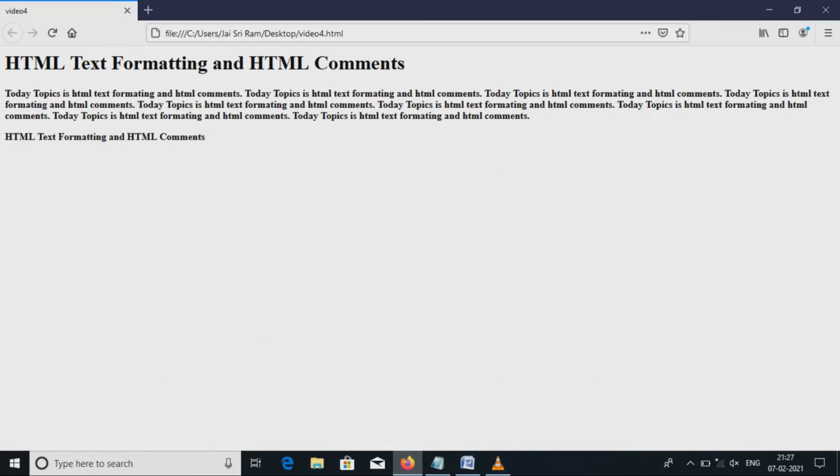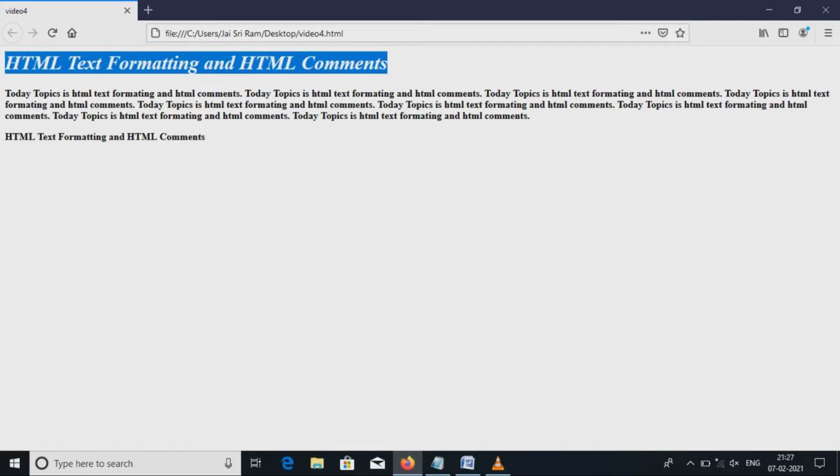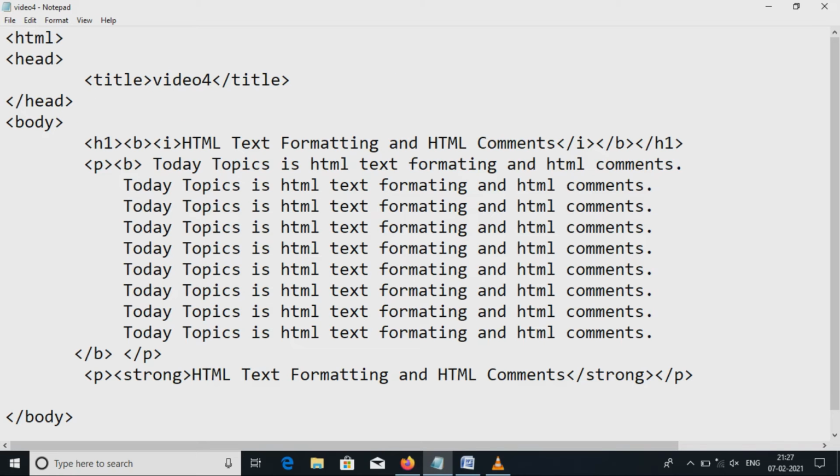Here the text formatted should be in italic form, so the i tag is used for italic text. Now I am using another tag, emphasized text. Here emphasized is also used for italic conversion. Now this is also in italic version.